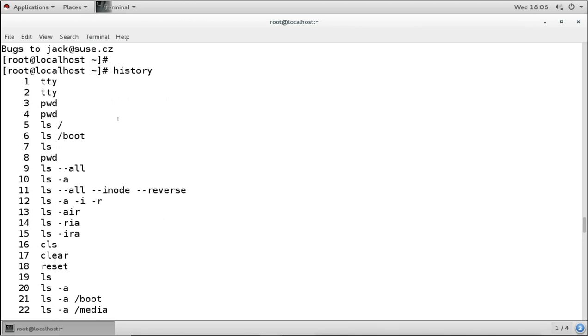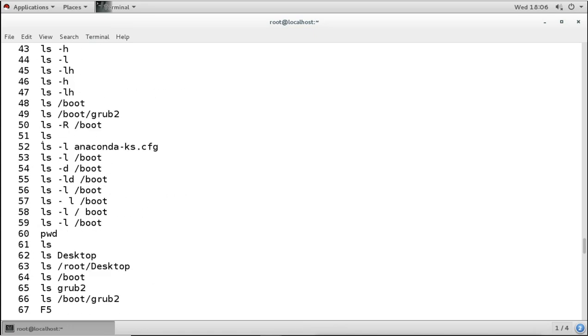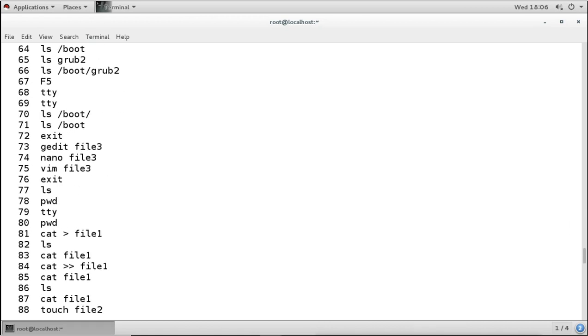If you remember, the first time we logged in, the first command we ran was tty. Then we ran the pwd command, then the ls command to see the listing. Then after ls, we saw the cat command. Then we saw vi, vim, gedit.